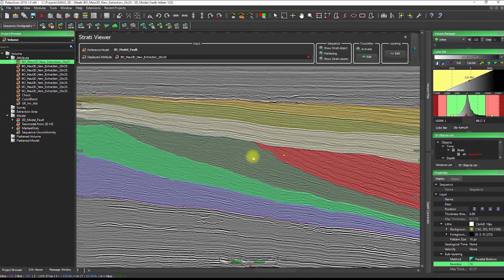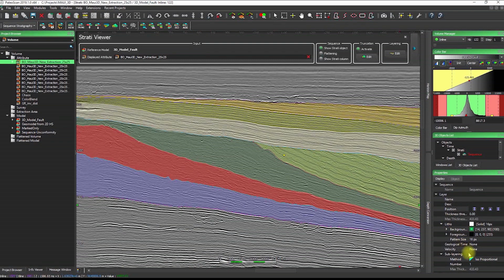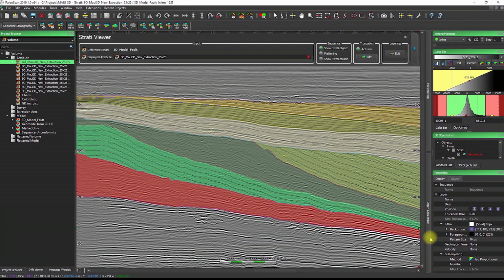I'm going to skip this brownish layer on purpose here. I'm going to the green one, which I will determine in terms of geometry as being parallel to top. I'm going to put, let's say, for example, 8 sub-layers in there, and ending with the last one. Let's say I want only 3 sub-layers in there with isoproportional geometry. So now these synthetic